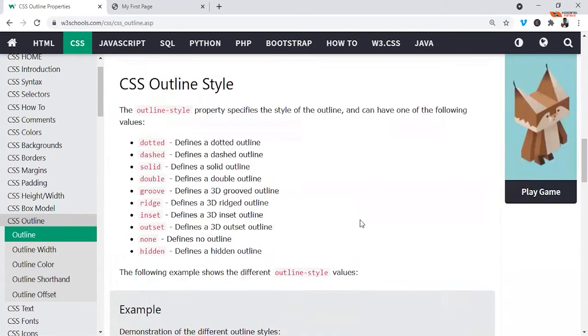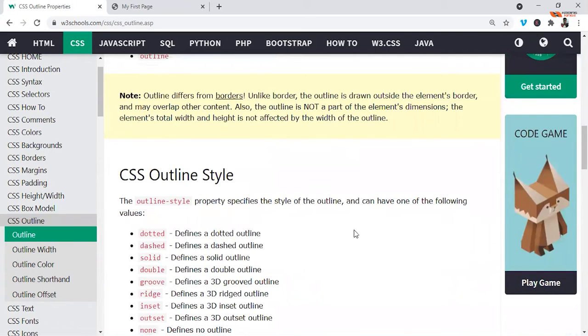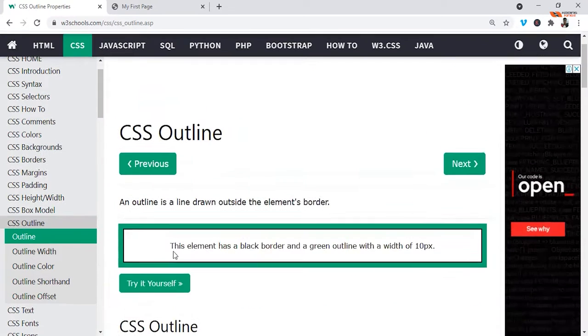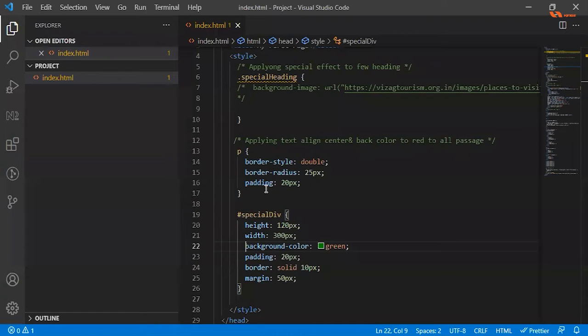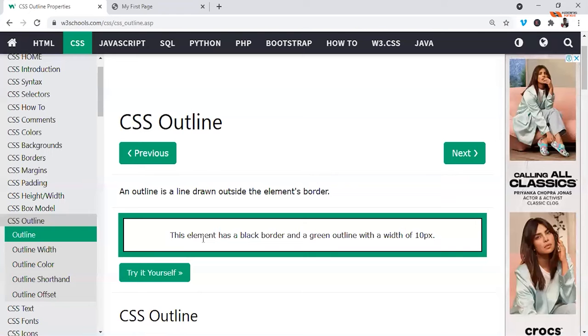Fine. So this is again similar to the padding and margin, everything. Not necessary to go in very depth, just to understand. This can be used in some cases, and you can try implementing it the same way by writing the code over here in the special div, right? Okay. Next,